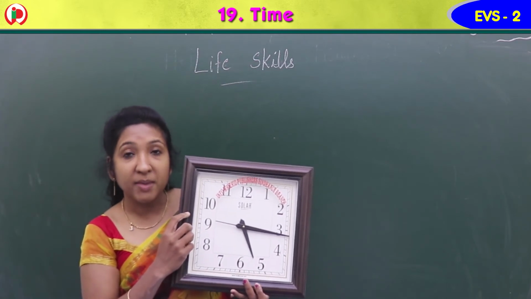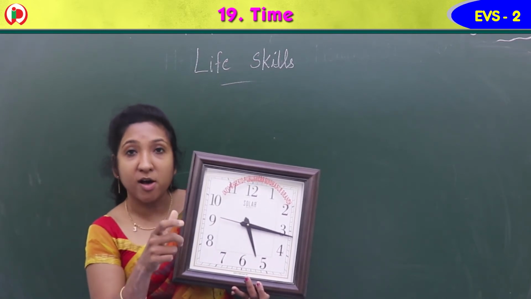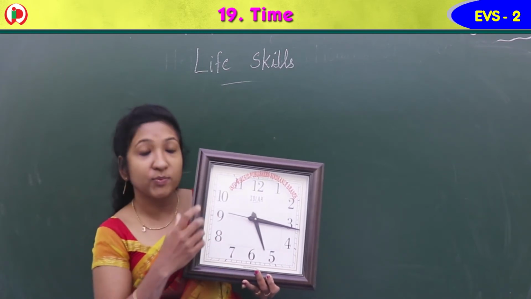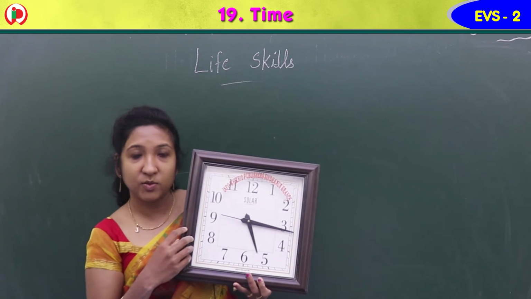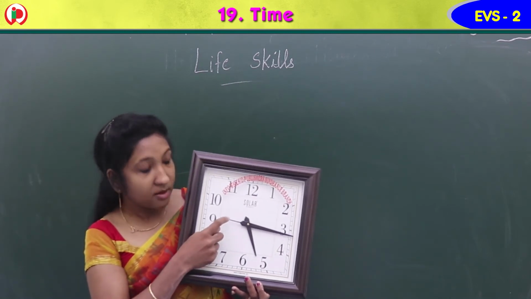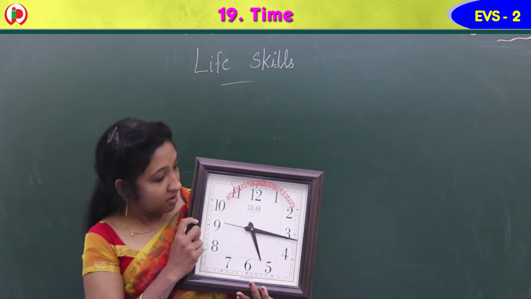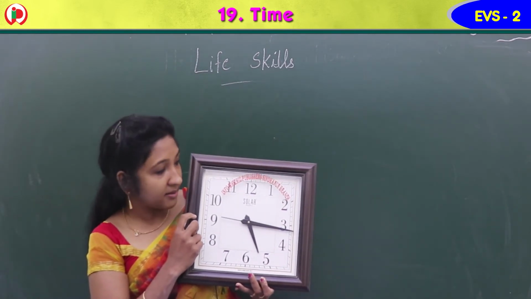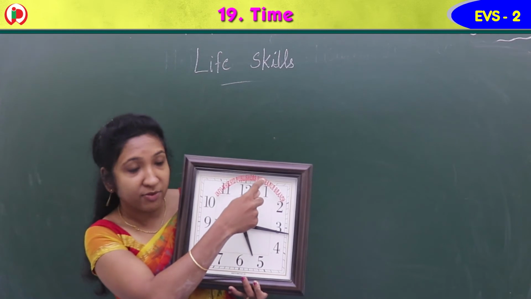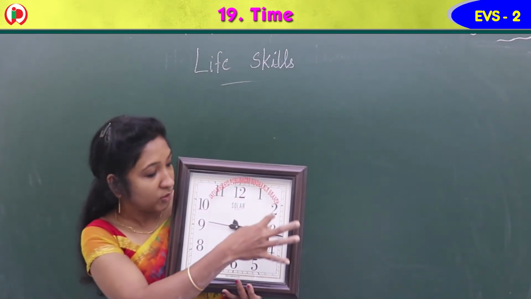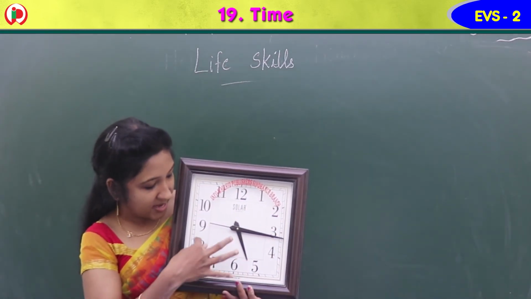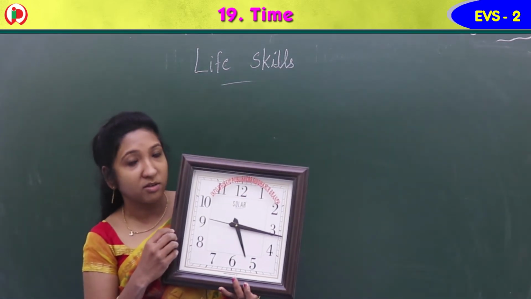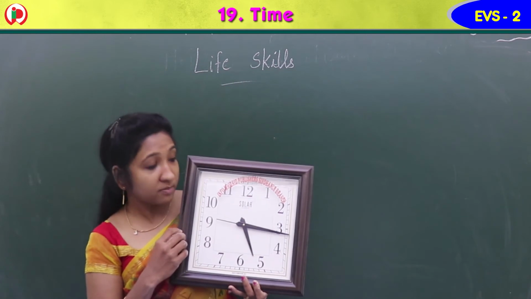Okay? So the main two hands which are long and small, short. The long one is the minute hand and the short one is the hour hand. Okay? And this one, this is the second hand, we say. So you can see the numbers in the clock, isn't it? Yes. You can see 1, starting from 1 if we count, 1, 2, 3, 4, 5, 6, 7, 8, 9, 10, 11, 12. So 1 to 12 numbers are marked on a clock.